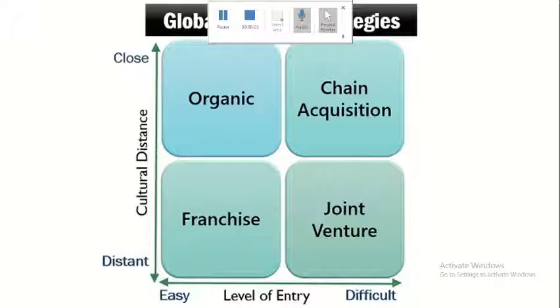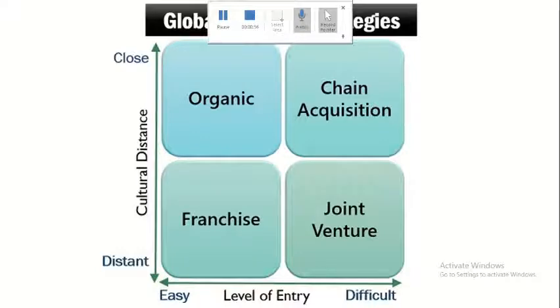The first is organic, then acquisition, franchise, and joint venture. Organic is when the company is planning for global retailing, for example, to open up their stores in different countries. It is a really useful strategy in a potential market